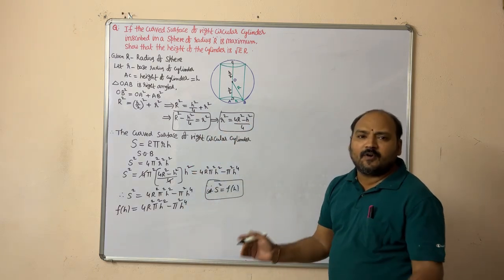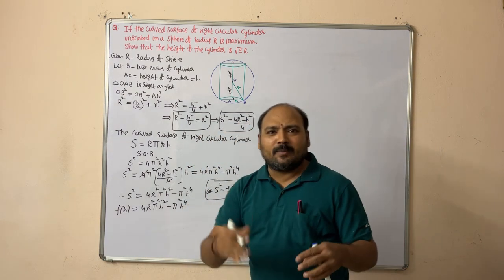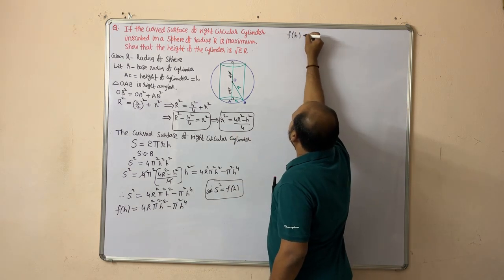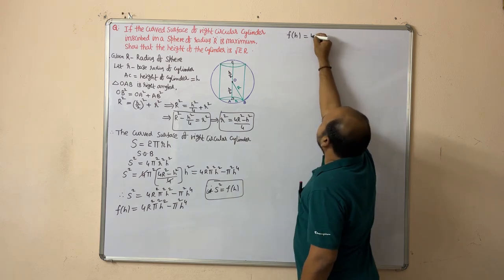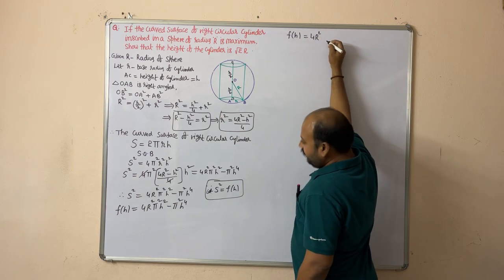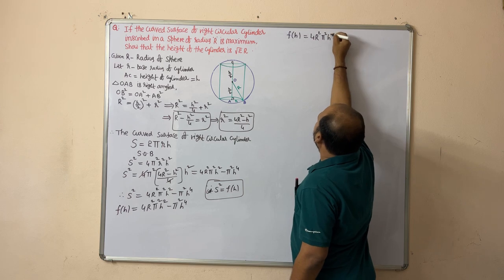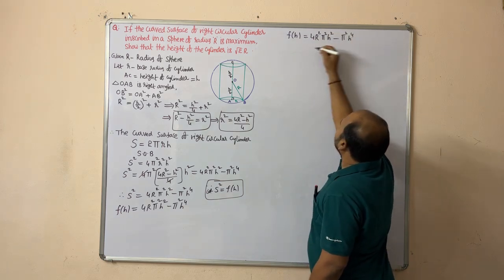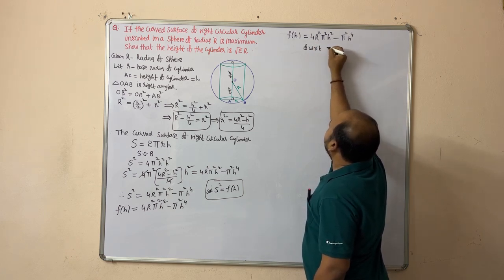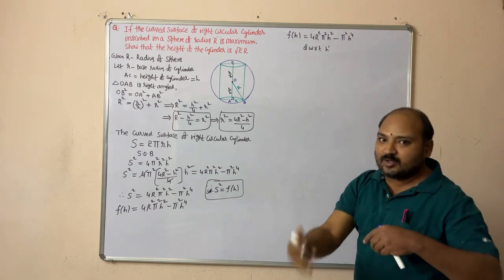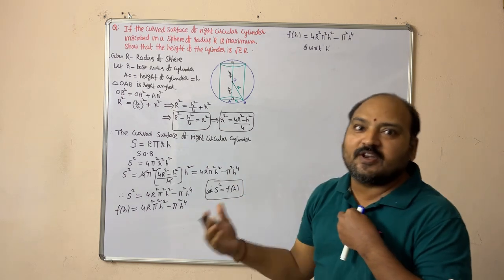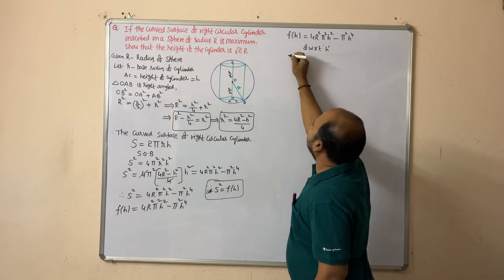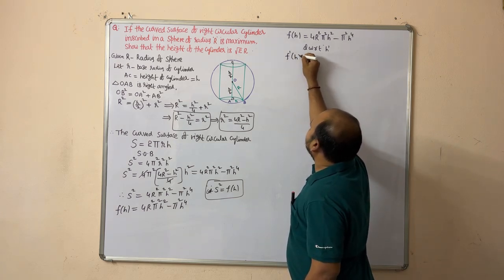After finding f of H value, we know the procedure for maximum and minimum. So first, f of H is equal to, the same thing I am writing, 4R square pi square H square minus pi square H power 4. Differentiate with respect to H. In the previous questions it was in terms of X, so we differentiated with respect to X. Now it is in terms of H, so differentiating with respect to H, f dash of H is equal to